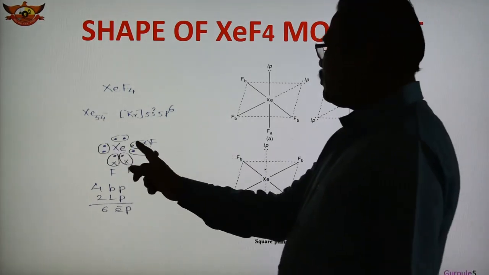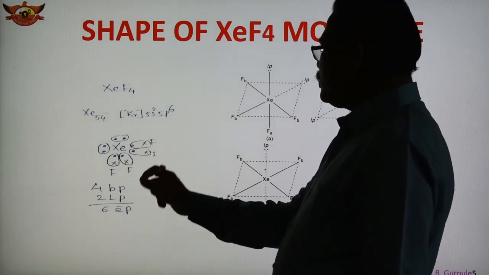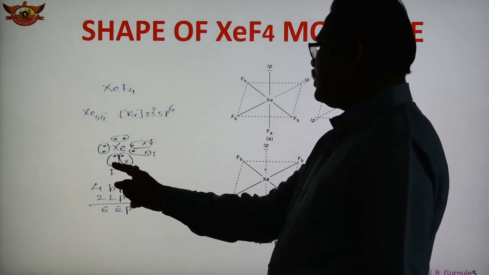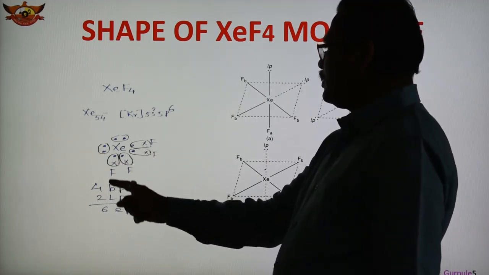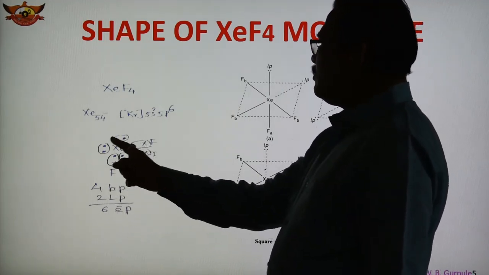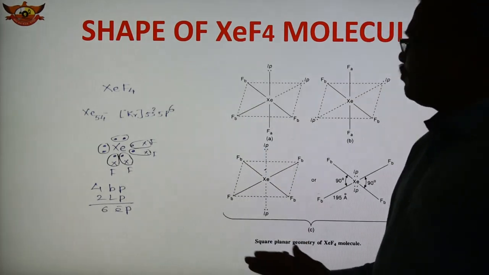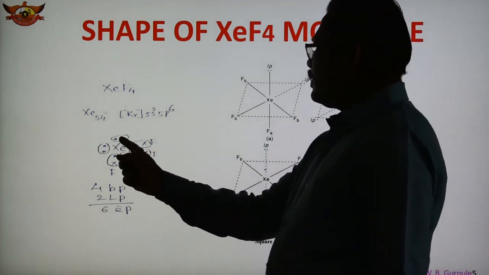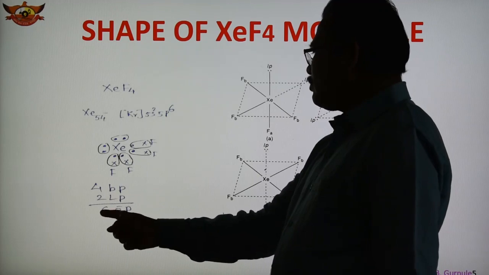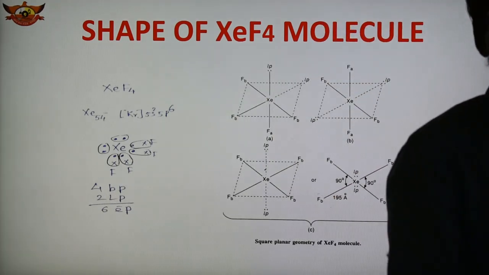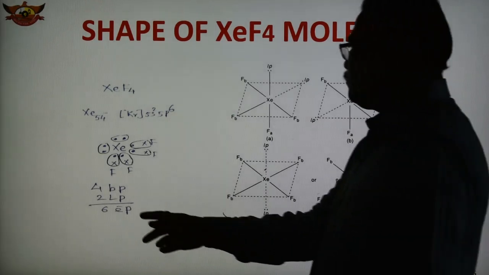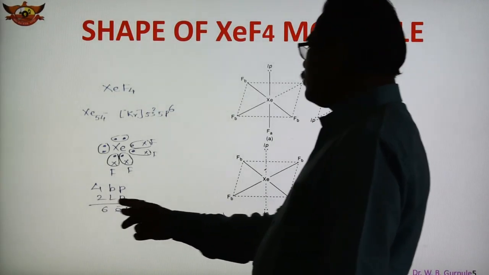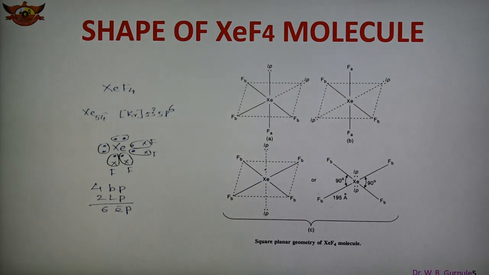Out of 8 electrons, 4 electrons take part in the sharing with the 4 fluorine atoms' electrons, forming 4 bond pairs of electrons, 1, 2, 3, 4. So there are 4 bond pairs and the remaining electrons are as lone pairs. So again here, this is one lone pair, this is second. So total electron pairs are 6. So presence of 6 electron pairs around the central atom, the geometry is octahedral in shape. So octahedral geometry is there, with 6 electron pairs, out of which 2 are lone pairs.